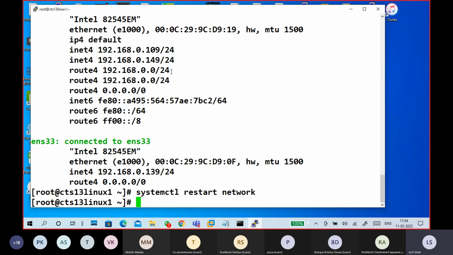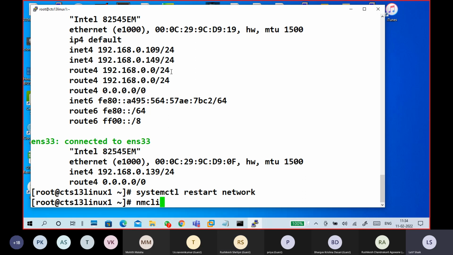Network restart, right? I have two adapters. The two-adapter network restart will always give you problems. So don't use this command when you are using PuTTY. Don't use the restart command for network restart if you are using PuTTY kind of stuff.